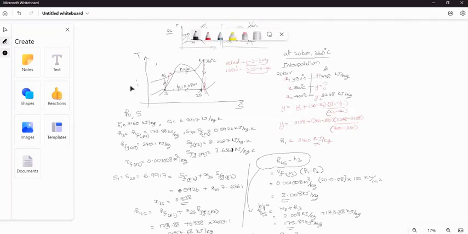Parallelly, the use of the steam table you definitely have to familiarize yourself with, and interpolation also you have to familiarize yourself with. Otherwise, if a question comes with interpolation, then you will be left, right? You will have to omit this question. Okay, thank you very much. We will meet again on